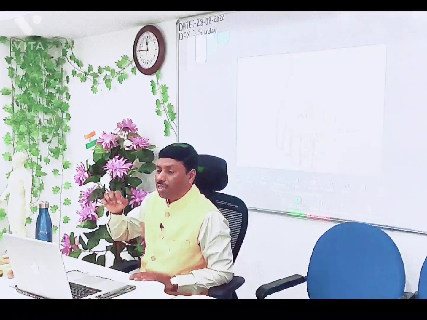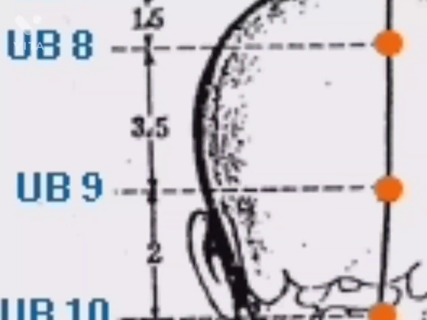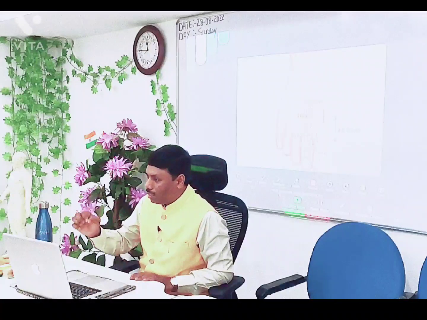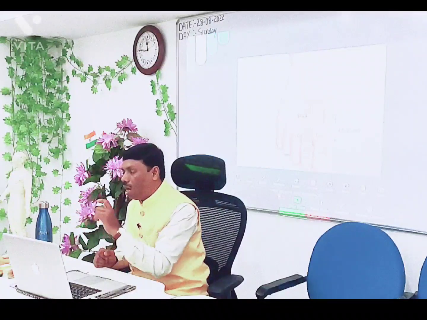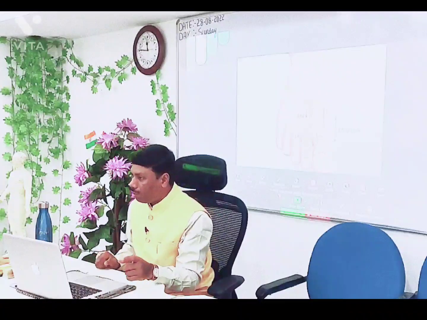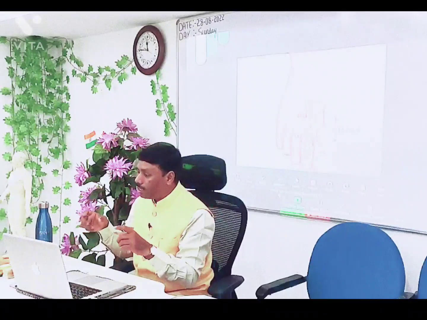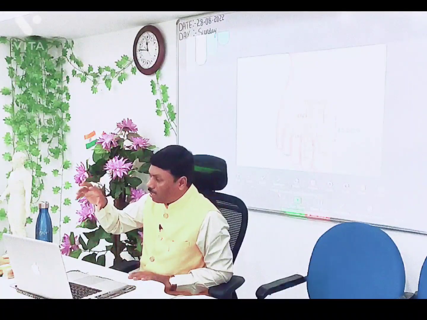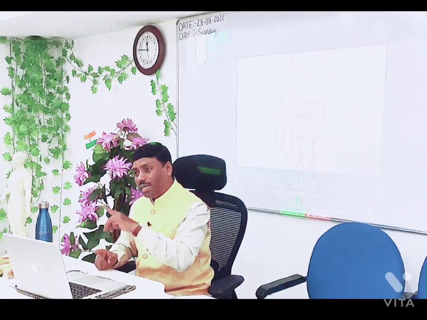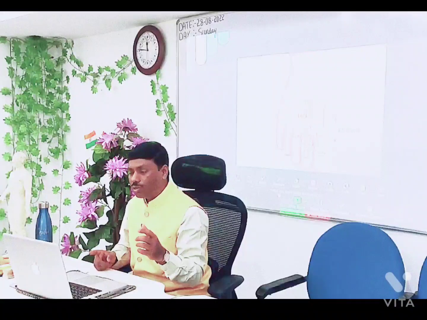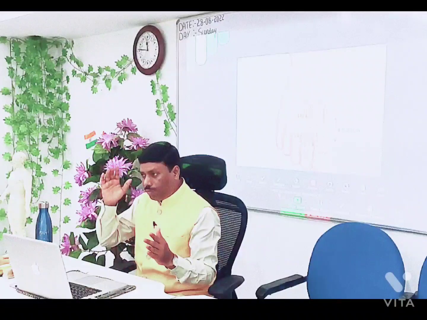No doubt, Tung Tian and Lo Chu, that point known as UB8, is a good point where melatonin is released for inducing natural sleep. This is also precisely good to activate for inducing natural sleep. That's the reason this also acts as a hypertension pill, like the beta blocker, calcium channel blocker and inhibitors. This also works to control hypertension. So now you understand another beauty of this particular point.